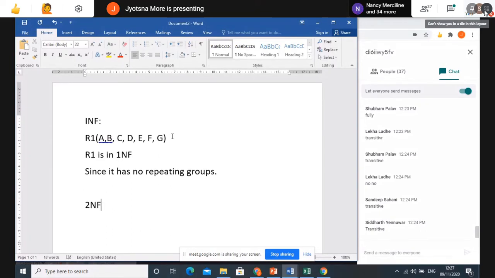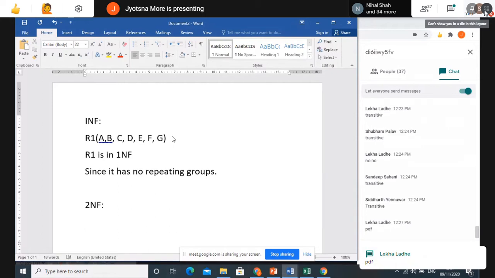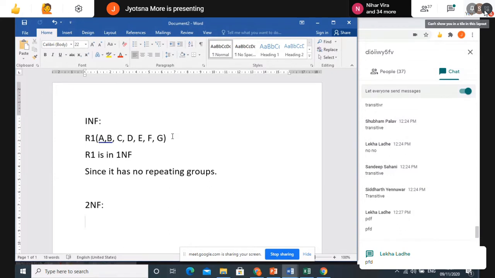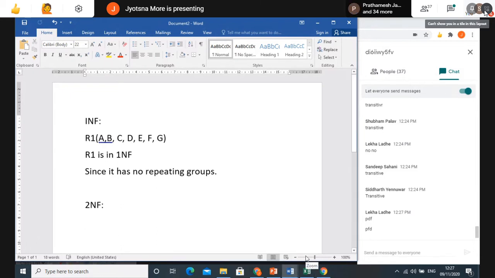Go for 2NF. Who will tell me now, in 2NF what do we check exactly? Yes, that is partial functional dependency. If it exists in your dependency diagram, we have to remove that. Correct? So we check that. As per our diagram, we have one partial functional dependency, that is your F2, A determines D. Part of key attribute determines non-key attribute.